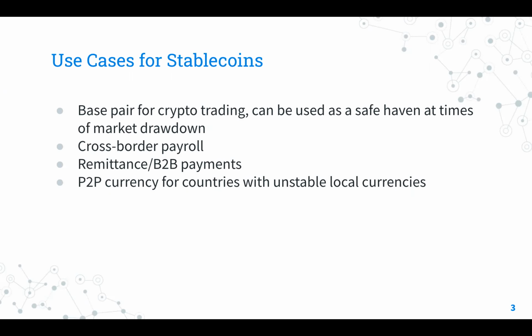So the use cases for stable coins. Well, when you're trading on the markets, usually you denominate an asset's price in a fiat currency. That can be seen on the crypto markets too. A lot of the time you see trading between, let's say, Bitcoin and Tether, because USDT is always $1. So that's how they denominate assets.